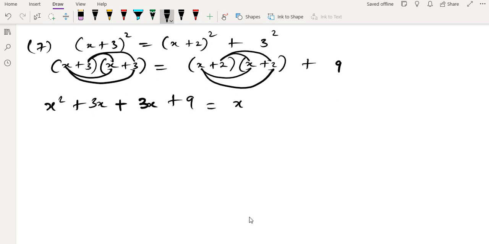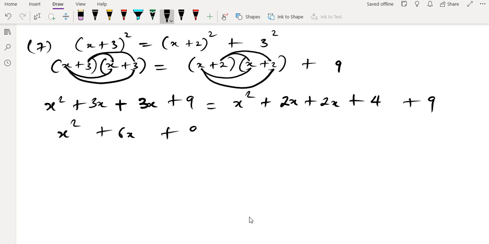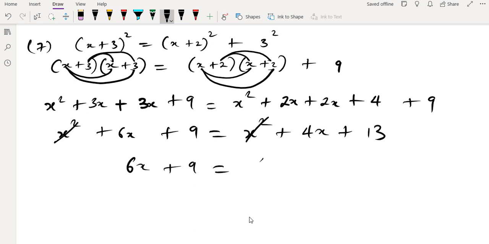So let's do for this. x times x, x times 2 plus 2 times x plus 2 times 2. So that gives us, if you carry x squared over, it becomes x squared minus x squared, and that cancels itself. So it is 6x plus 9 is equal to,